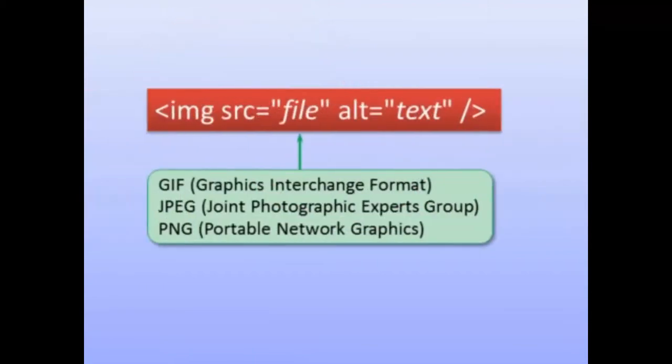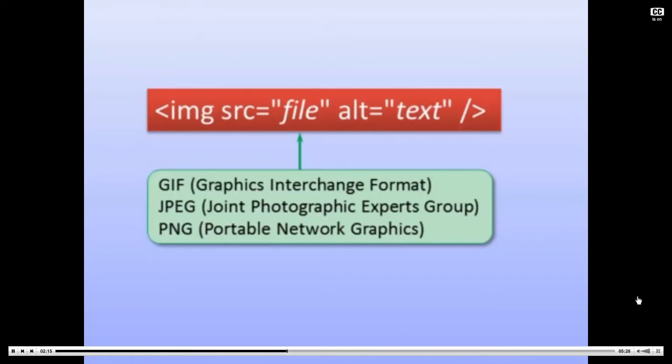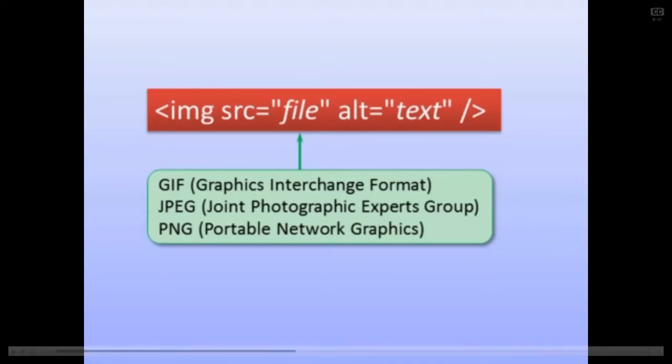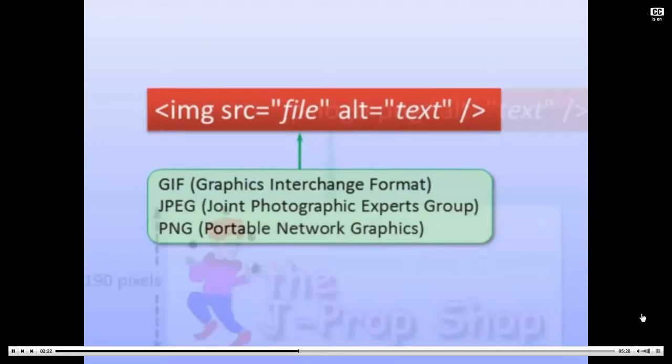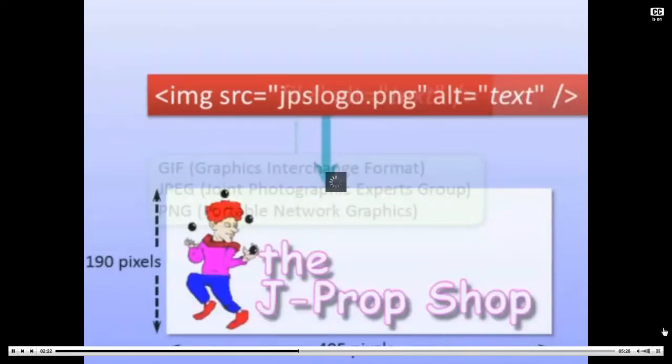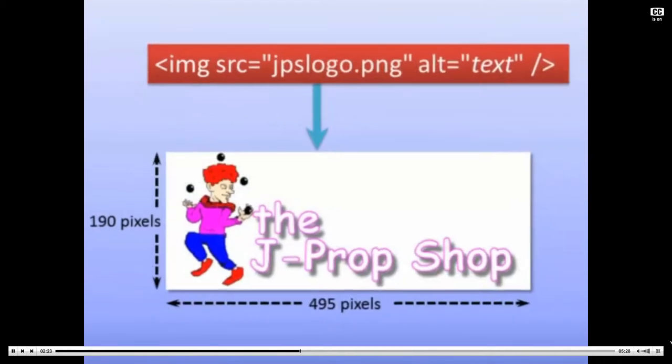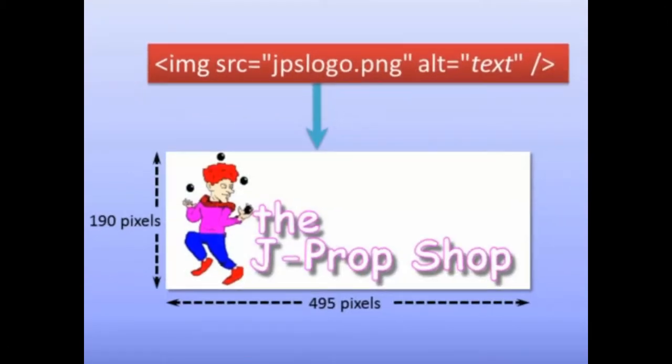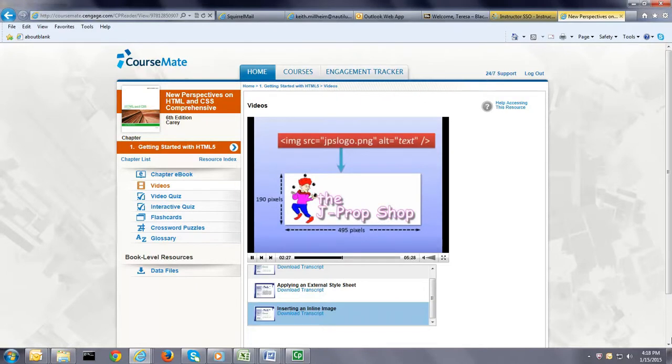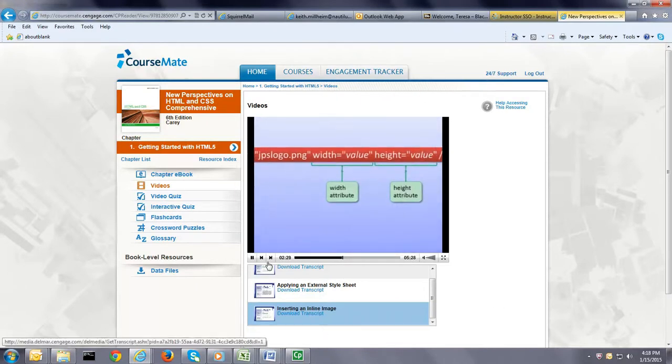When a browser processes an IMG element, it retrieves the image file, which is typically stored in the GIF, JPEG, or PNG format. The browser displays the image based on the dimensions of the image file itself. If you want to display the image using a different size,